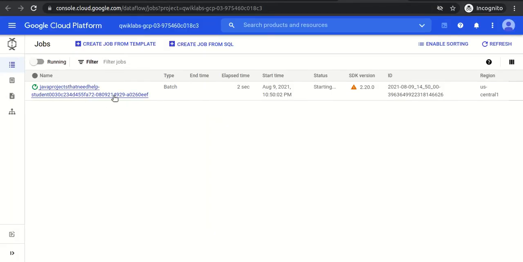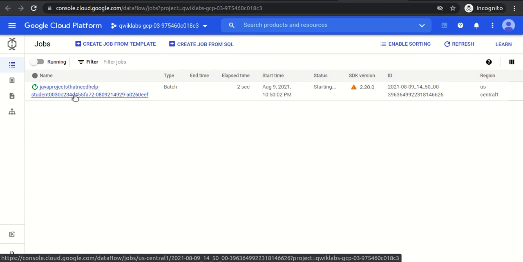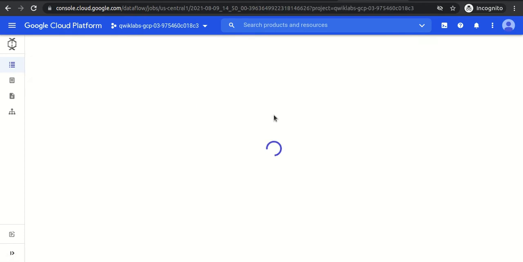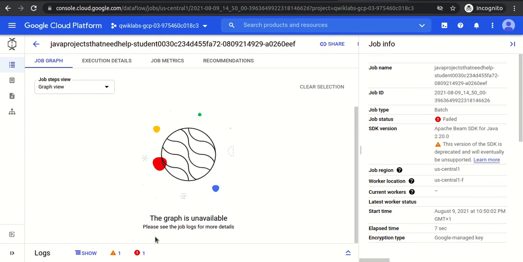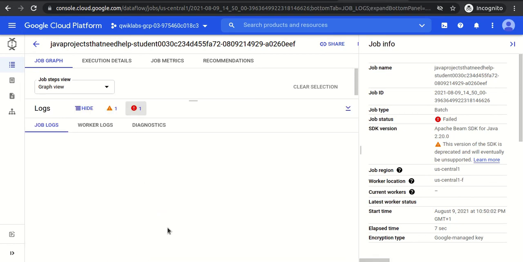So you could see the particular pipeline got triggered. If I open this particular pipeline, all okay. So right now this pipeline has failed. So let's check why the particular pipeline failed.